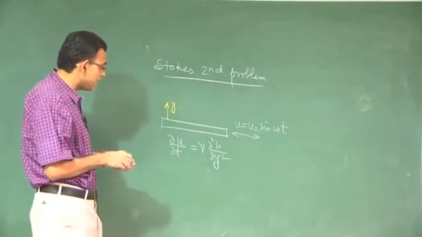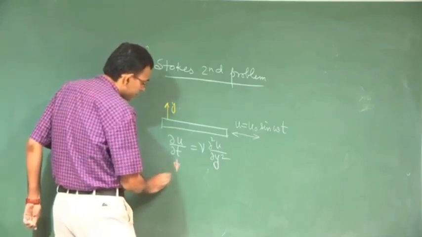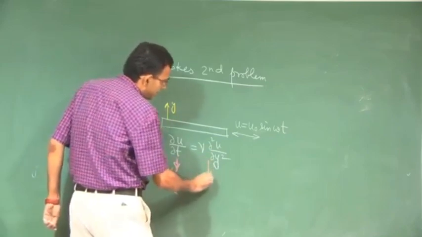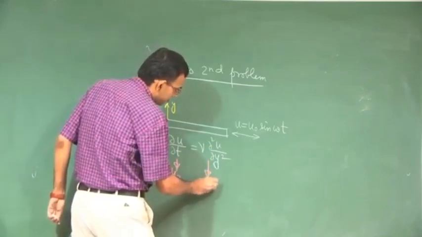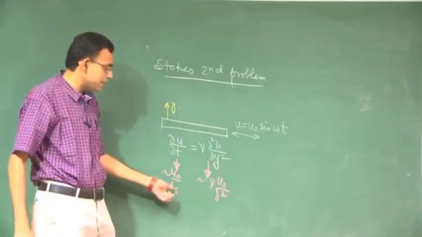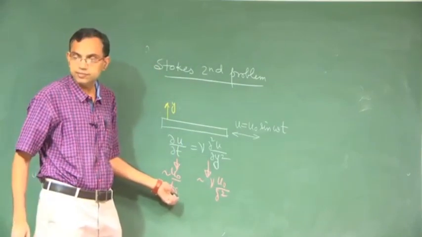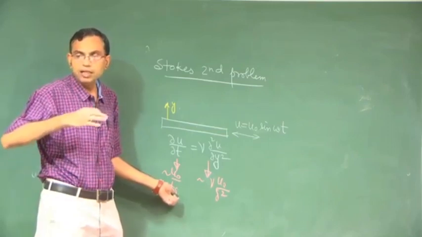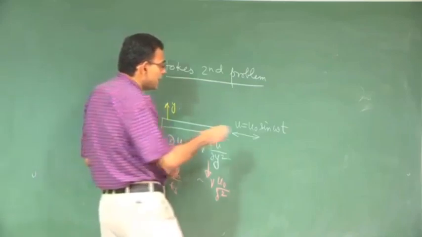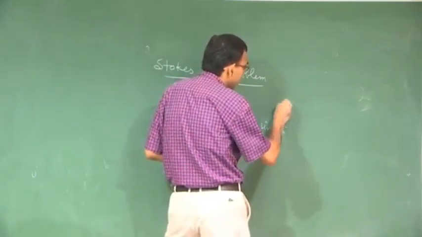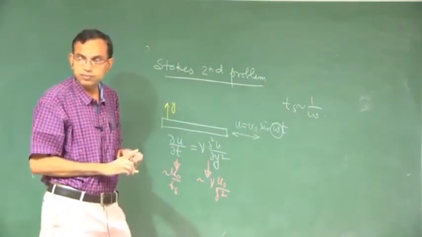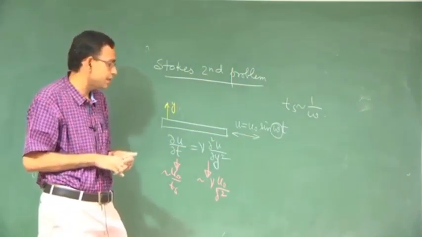So, if you do a scaling of this, and this is of the order of, so far so good, but this problem has a unique Ts. In the previous problem you could vary it at your will, but here the Ts is governed by this 1 by omega. This is the most important physics of this problem, other part is just trivial mathematics.